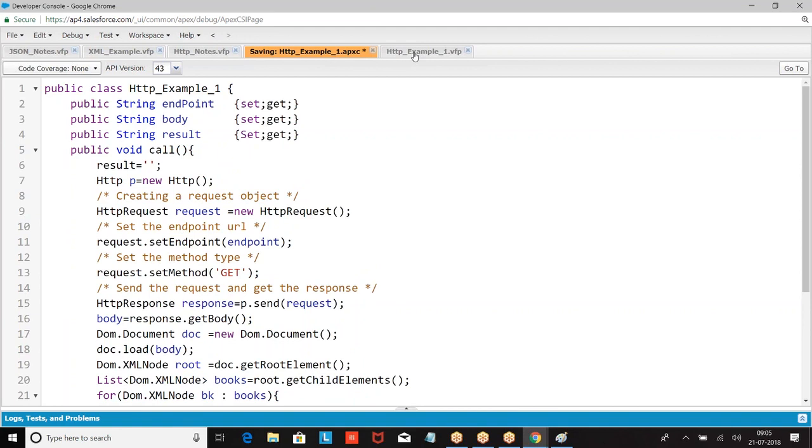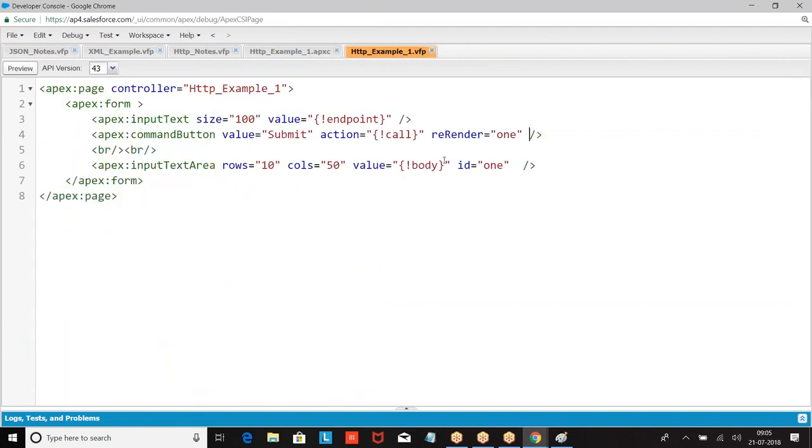So let me display the data here. Instead of body, I'll give result. Now once you got the result,